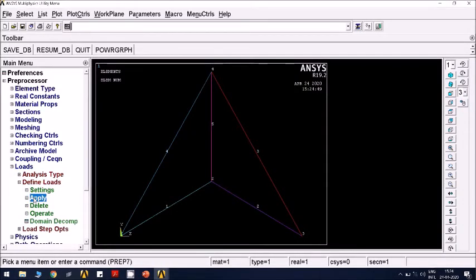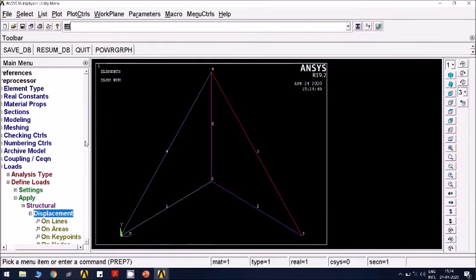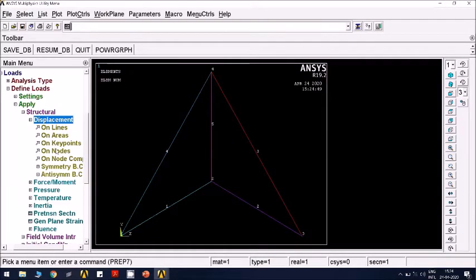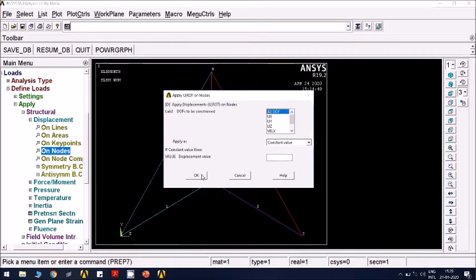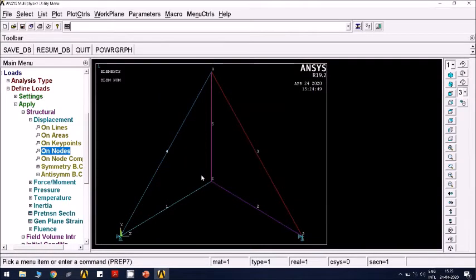So loads, define loads, apply structural displacement on nodes or on key points, anyone. So here and here it is hinged. Select those two and say all degrees of freedom, click OK.